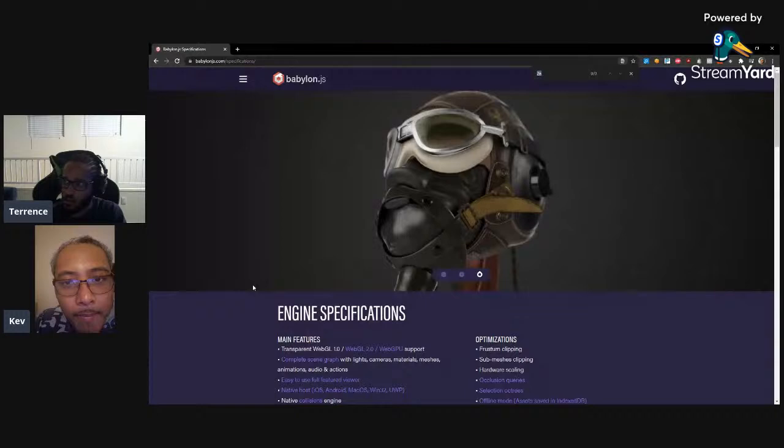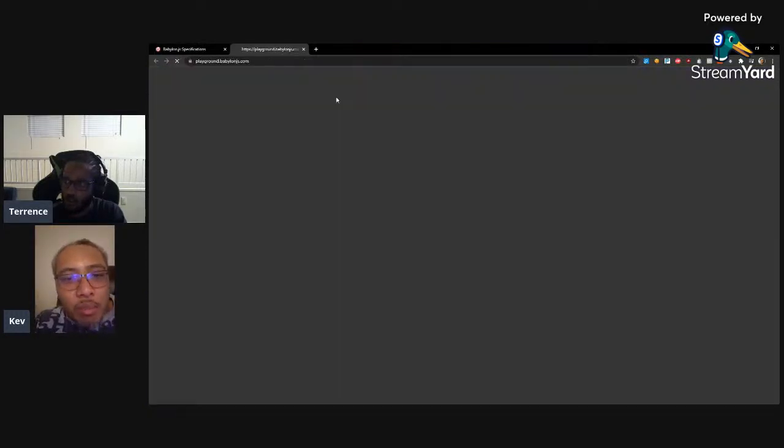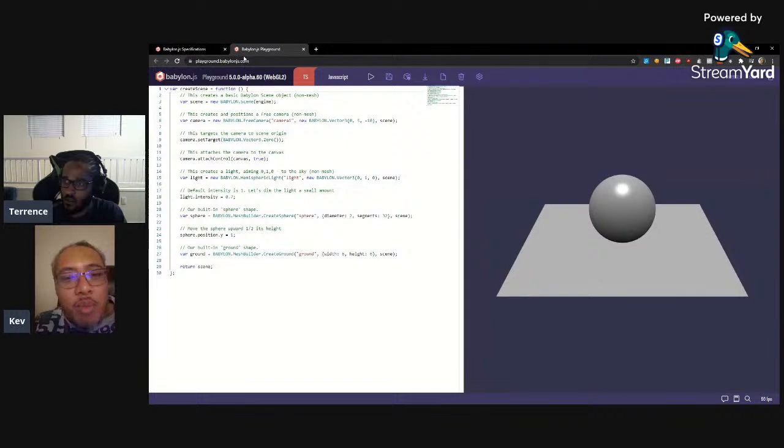I wonder why yours looked like you got the mobile menu. But yeah, you can edit this and then hit the play button and it'll update immediately. Oh, that's cool. Sphere diameter. What if I change this to 20?